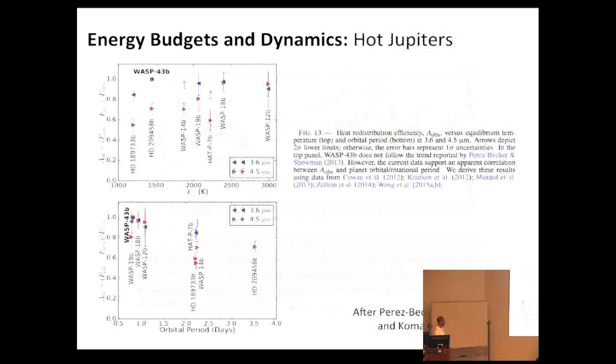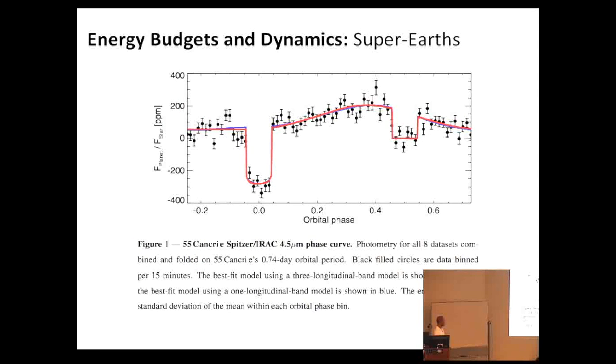These are all hot Jupiters, but recently there's been the result from Brice Demory and collaborators looking at thermal phase variations with Spitzer of a super-Earth. This is 55 Cancri e, orbiting a very bright star, a very highly irradiated super-Earth, roughly 2 times the radius of the Earth, with an equilibrium temperature on the order of 2,000 Kelvin, maybe even higher. This is a very difficult measurement to understand because